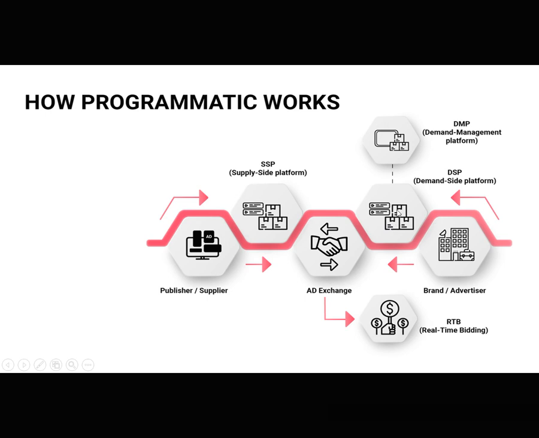This is the demand side platform, and this is the data management platform, which is generally used for segmentation of the data as per the advertiser's demand. So if the advertiser is interested in showing their ads only to a particular location such as Delhi, and to a particular age group such as 25 to 30 years, the ads are only shown on the publisher's website to people who are visiting, who are from Delhi and who are 25 to 30 years of age. That is the main data segmentation work done by the DMP platform, which is connected with the